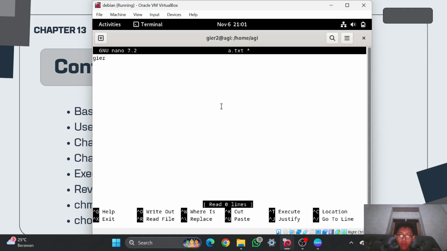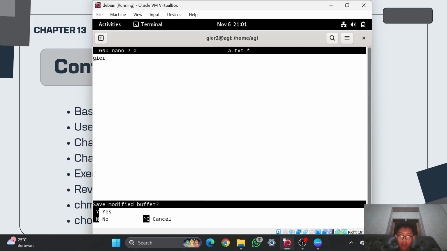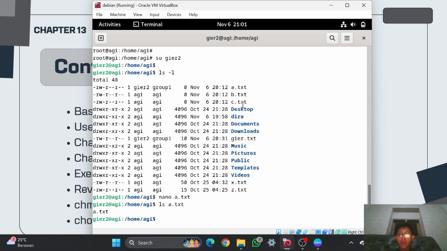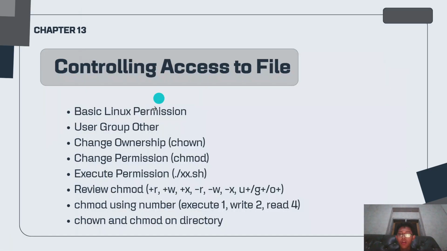And for example, I want to add gr, then Ctrl X and then Y, and as you can see right now a.txt has been modified. Because right now I'm in the GR2 user, because this file can only be modified by this user. So that is the function of change ownership.